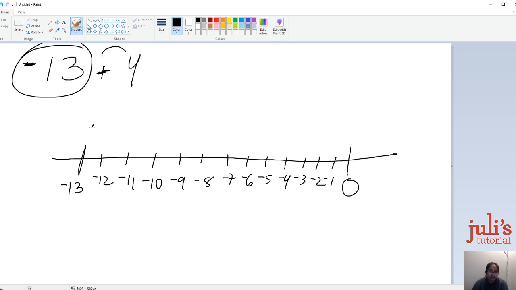You're here, and you're going 4 plus 4, so you're going to go towards the plus side. This is the positive side, because over here,